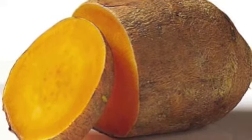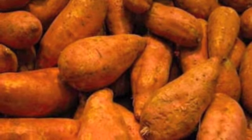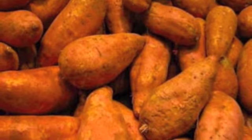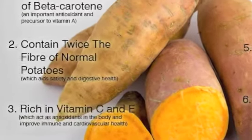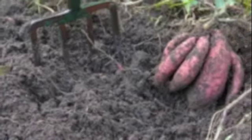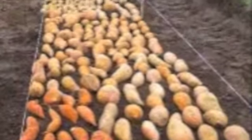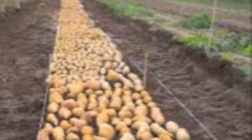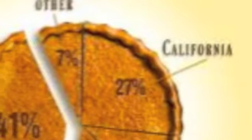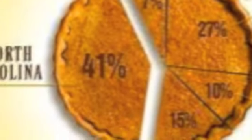Students at a Wilson County school petitioned the North Carolina General Assembly for the establishment of the sweet potato as the official state vegetable. The sweet potato is high in vitamins A and C and is known for being very low in fat. Native Americans were growing sweet potatoes in North Carolina long before European colonization. North Carolina's hot, moist climate and rich, fertile soil are ideal for cultivating sweet potatoes. North Carolina is currently the number one state for sweet potato production, and most production happens in the coastal